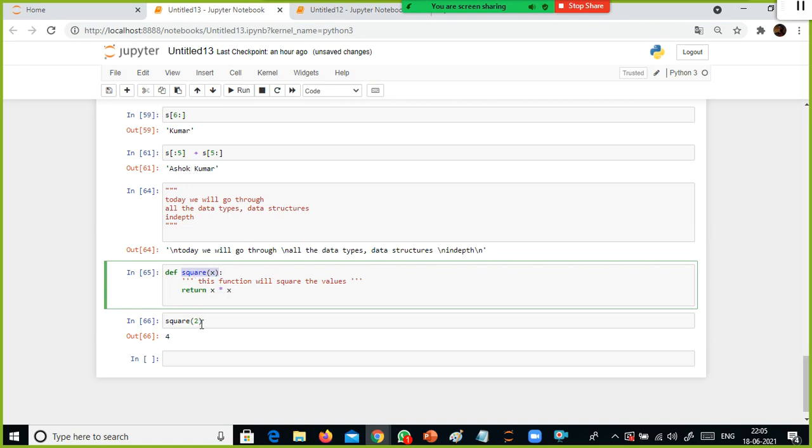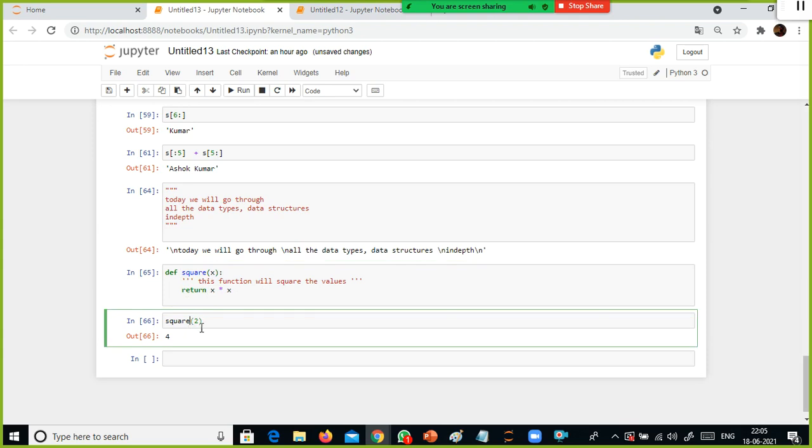How do I execute the function? Specify the function name. Inside the parenthesis, you need to specify whichever value you want to square. I just specify 2 here. This 2 will be assigned to x, and since x is holding 2 now, 2 into 2 is 4. It returns the value 4.